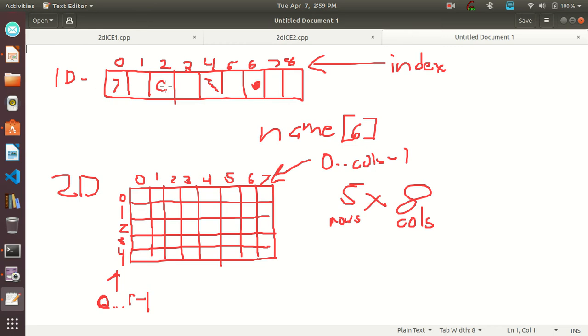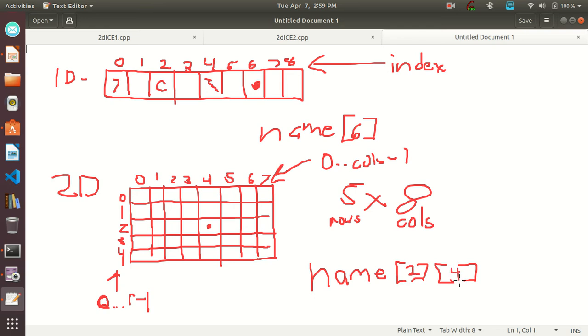If there had always only been one row, then we could ignore that. It's just a normal one-dimensional array. But now with multiple rows and multiple columns, to get to an individual cell in this table or matrix or two-dimensional array, those all mean the same thing, we would use the name of the array, and then we would have 2 pairs of square brackets. So let's say we want this value. That is name at position